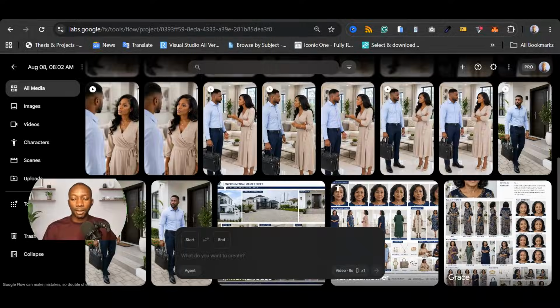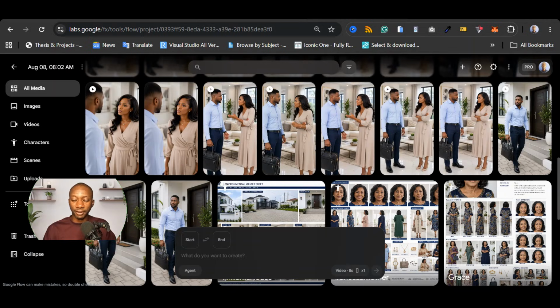In this video, I'm going to show you how to remove a watermark from your video with just simple steps. The steps that I'm going to show you don't require any third-party software. Let's get started. For the purpose of this video, we are going to remove the watermark from our Flow AI